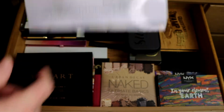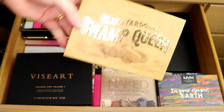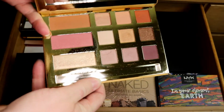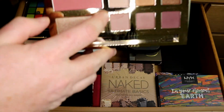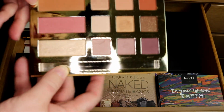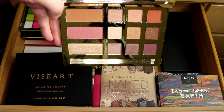In fact, I think I've only used it twice. This is another palette that I bought because of it being a YouTuber, and I was very disappointed in it. This is the Graveyard Girl palette. First of all, it came broken. I don't know if the camera can pick that up or not, but that shadow there is broken. It came broken. I bought this right from the Tarte website, and honestly, I didn't want to have to deal